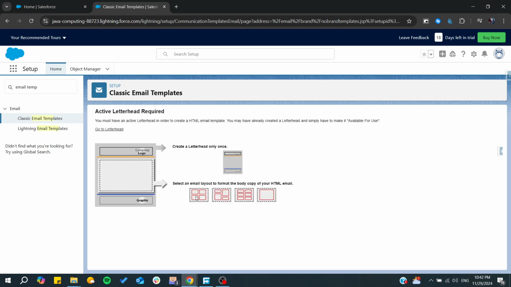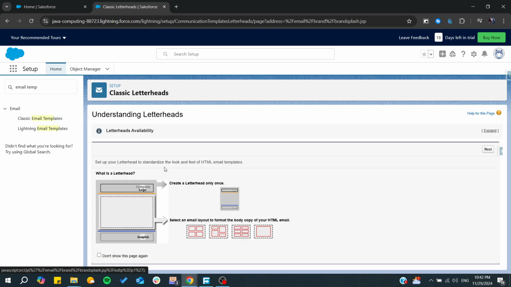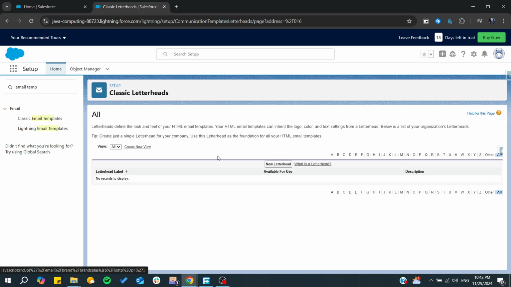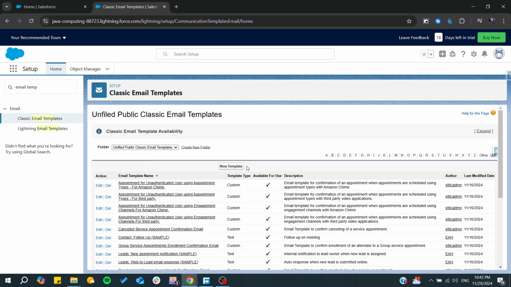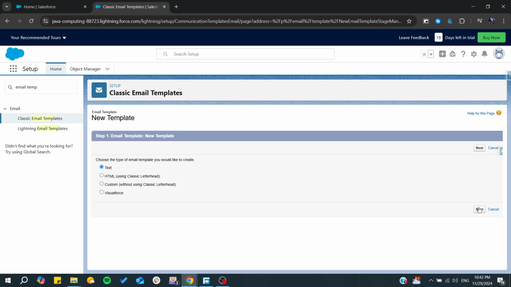after that you will need just to go to the letterhead so you can start creating your header, etc. So now we can go there so we can activate it. We go for next, and then you can start creating your letterhead, etc. And after that you will be able to start creating a template using HTML. So here we can just click next using the text, and basically now it's generating the template where